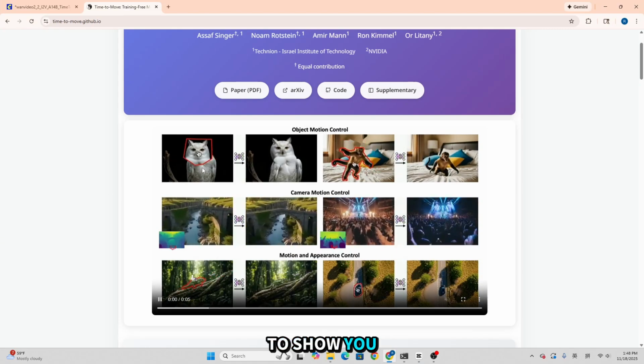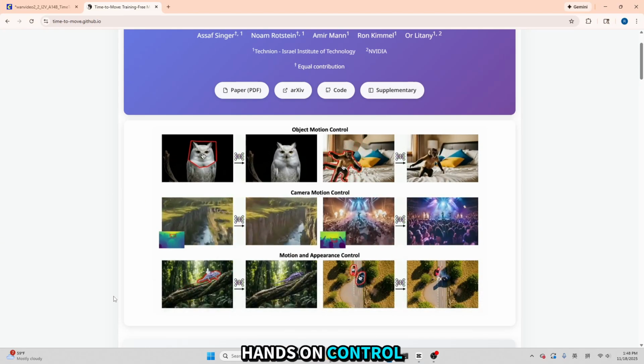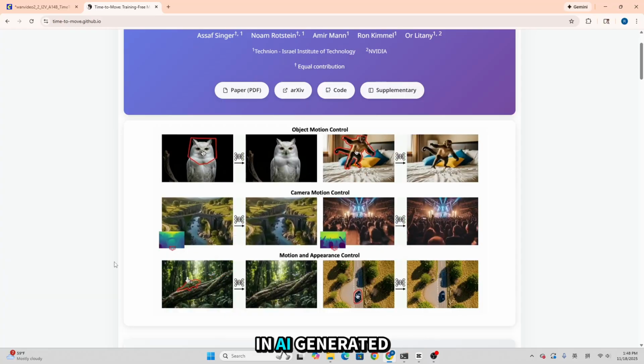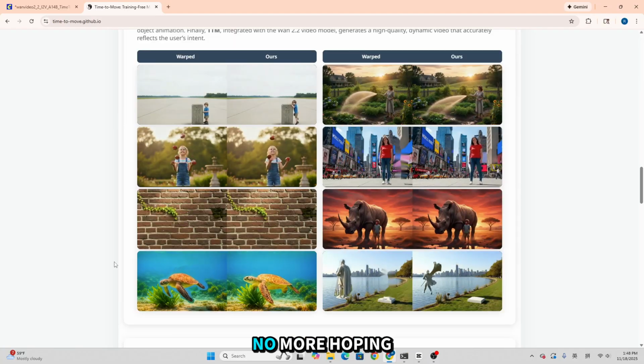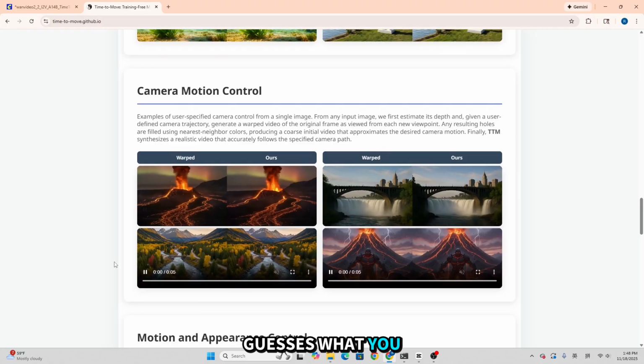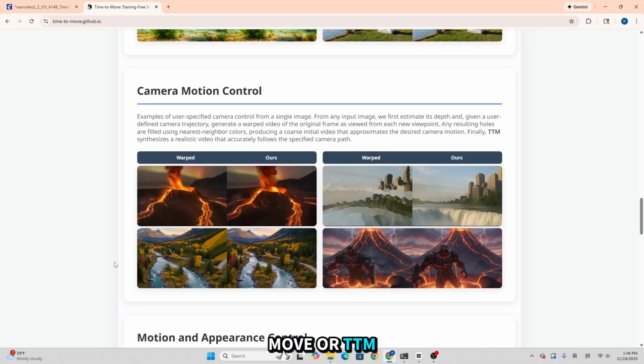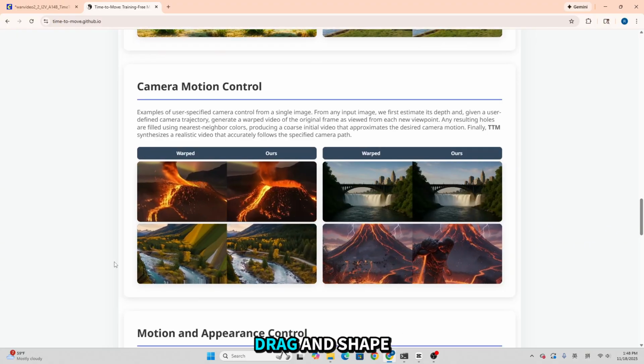Today I'm going to show you a way to get precise, hands-on control over motion and camera movement in AI-generated videos. No more hoping a text prompt guesses what you meant. With Time to Move or TTM, you literally cut, drag, and shape the motion yourself, and the model follows it